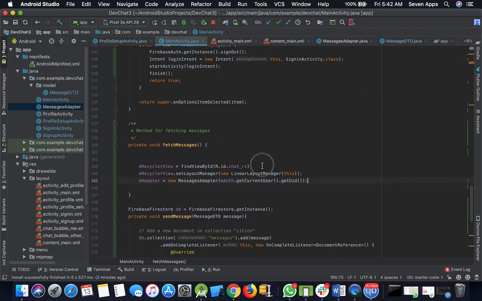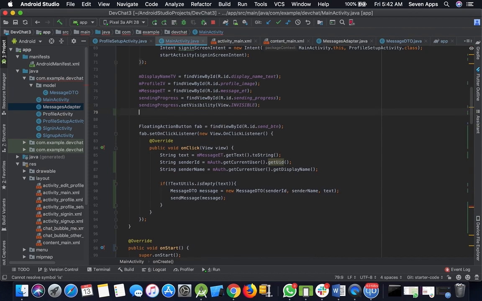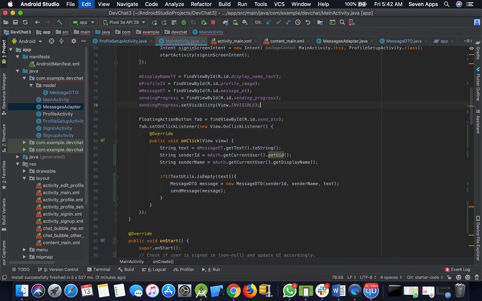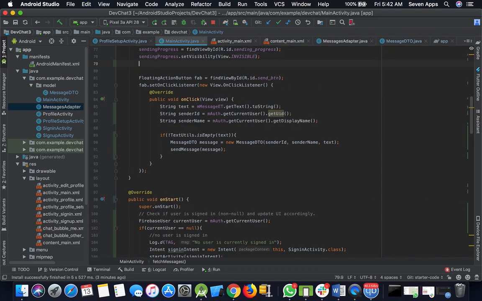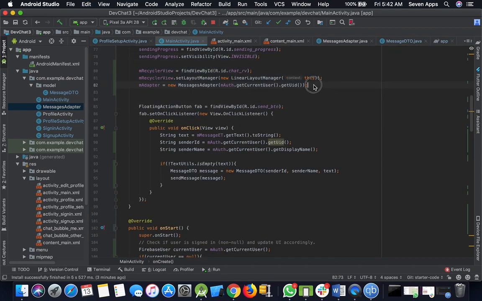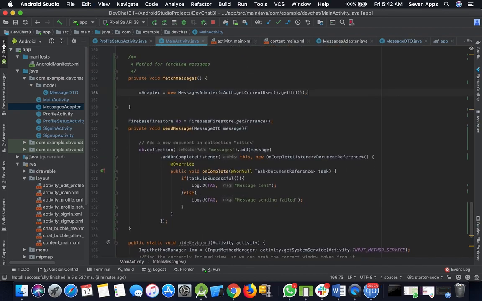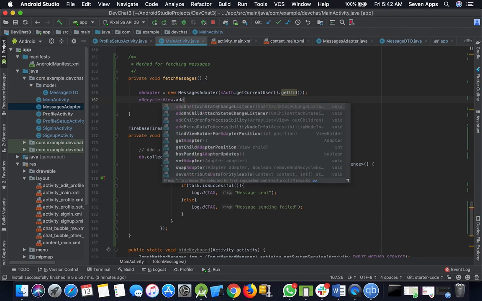You can leave this one, and you can leave these two there. You can leave these two back here. Take this line and do this one here. Now we add the recycler view. We said dot